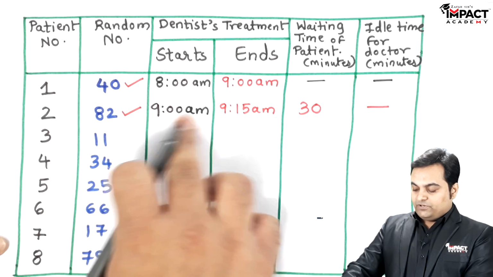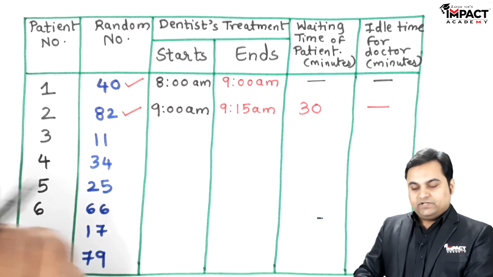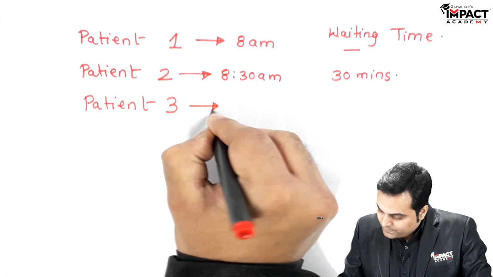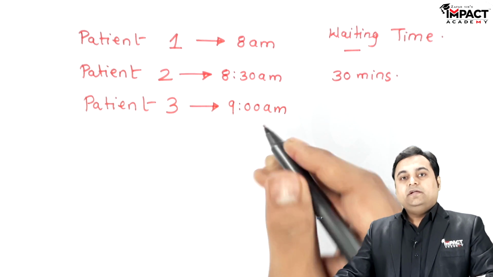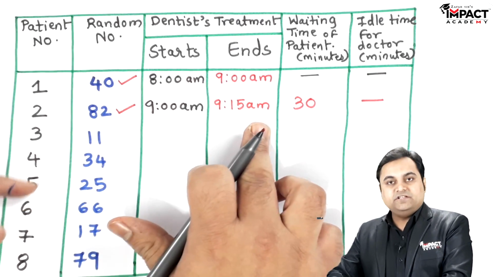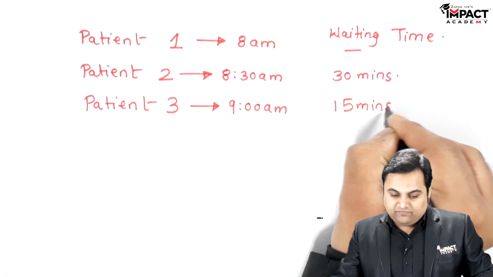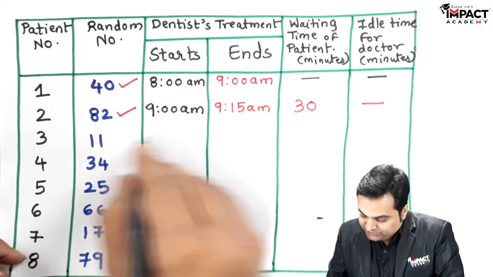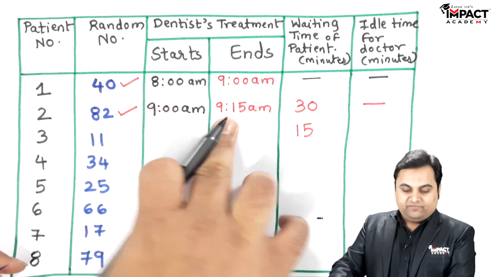Now when this operation was going on, that is the checkup of patient second, patient 3 enters at 9 a.m. So when patient 3 enters at 9 a.m., he or she may have to wait for 15 minutes, because by the time patient 2 is getting the checkup done, so the waiting time for patient 3 is 15 minutes, that is 15. So that is the waiting time I am writing for patient 3, 15 minutes waiting time. Now at 9:15